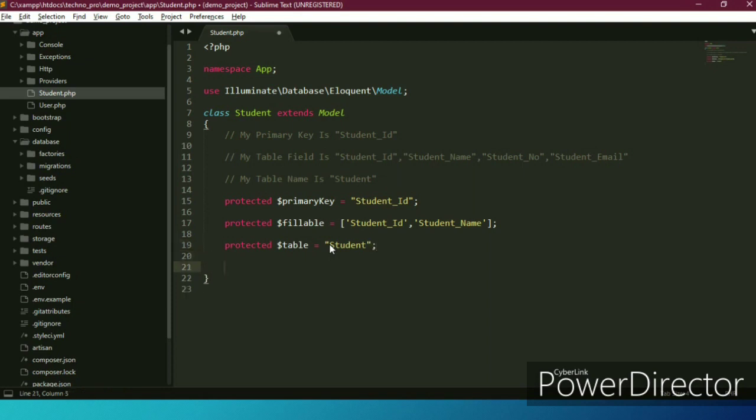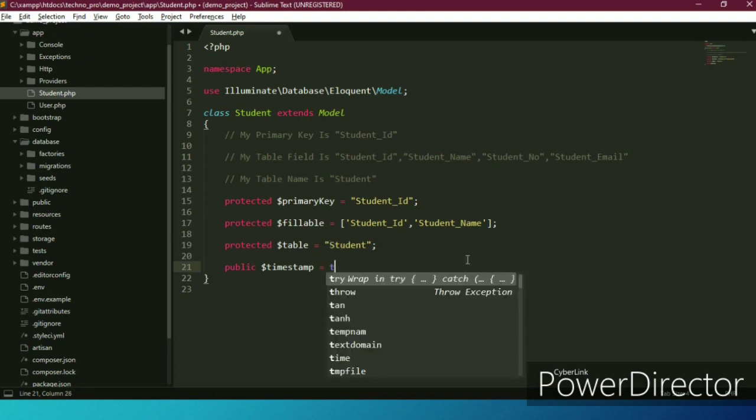The last is timestamps, whose access modifier is public. This variable allows you, when any record is created, to store the entry time of that record. It takes a true or false value.